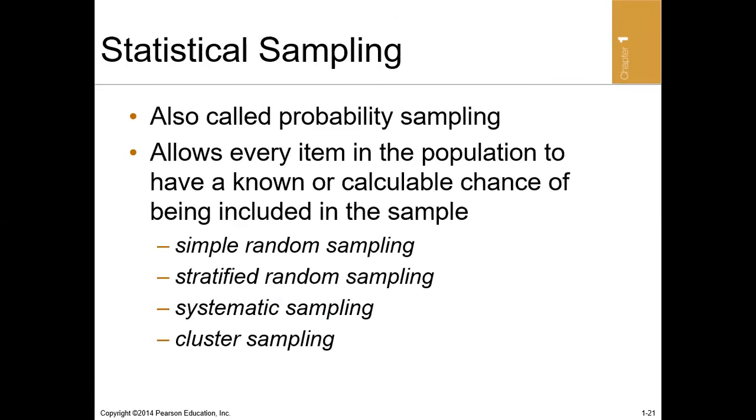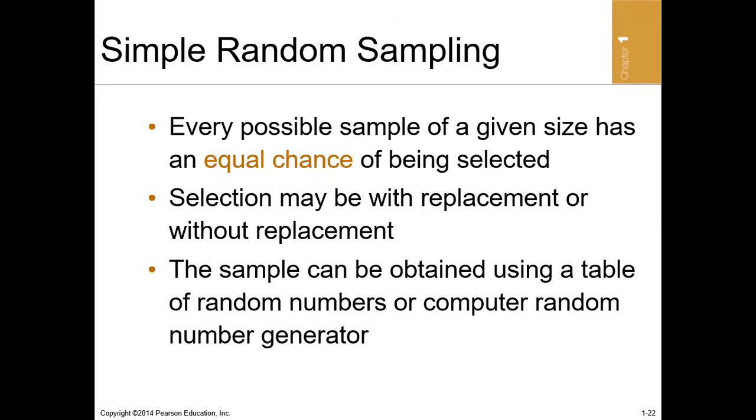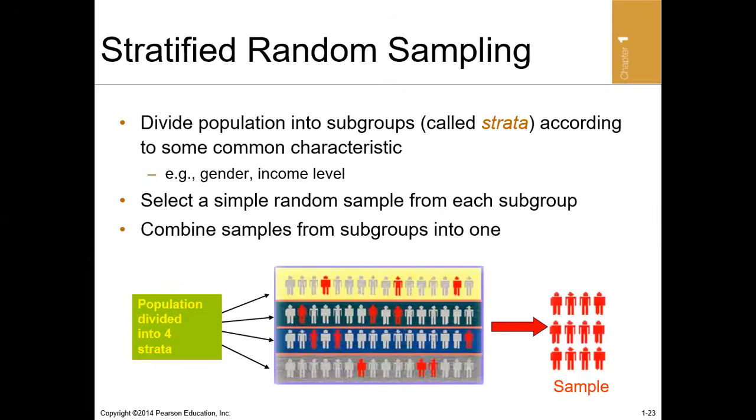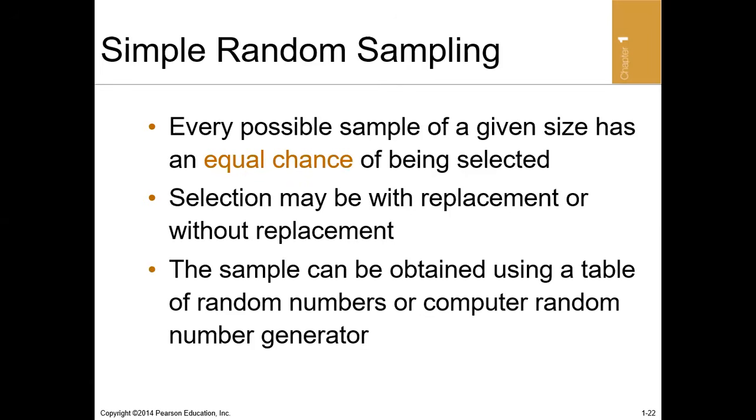Now, let's start with a simple random sampling. So simple random sampling, each possible sample of a given size has an equal chance of being selected. So nowadays, when we want to do simple random sampling, what you could do is that you can get the information